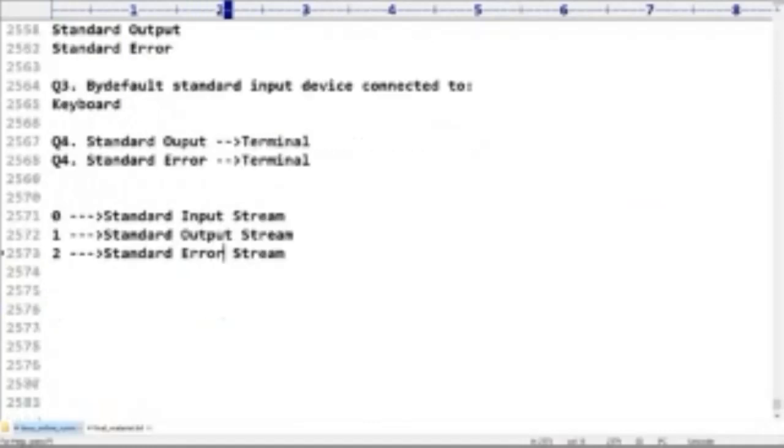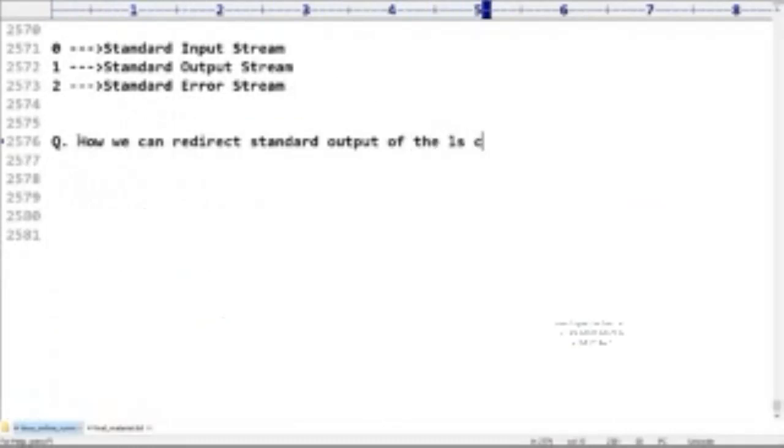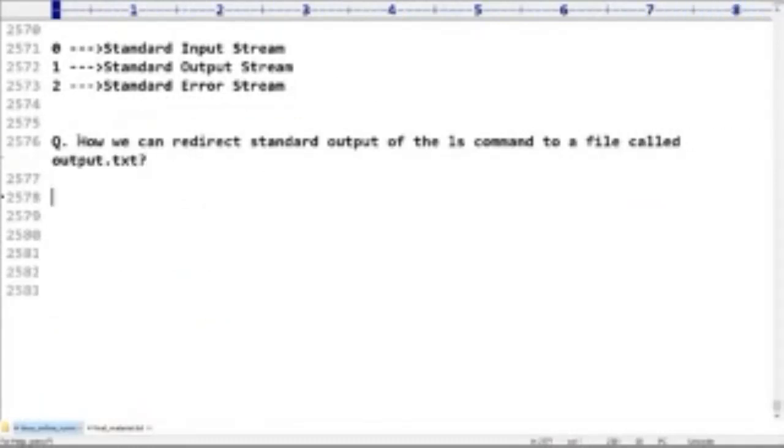Next, my requirement is, now observe this one. How can we redirect the standard output of the ls command to a file called output.txt? Can you please confirm what code I have to write?